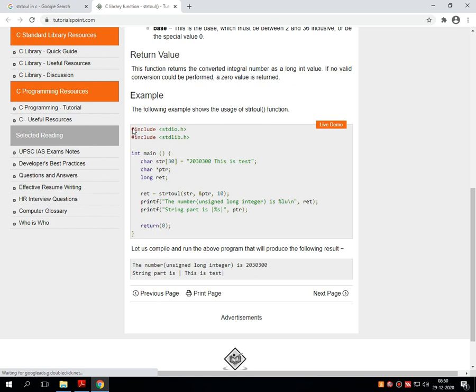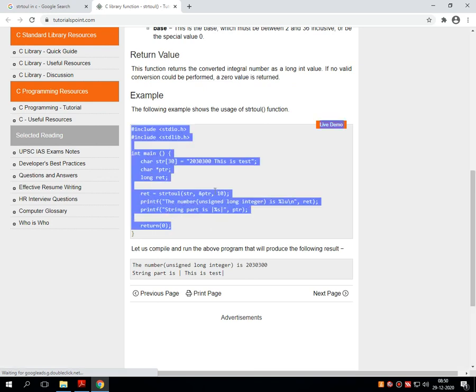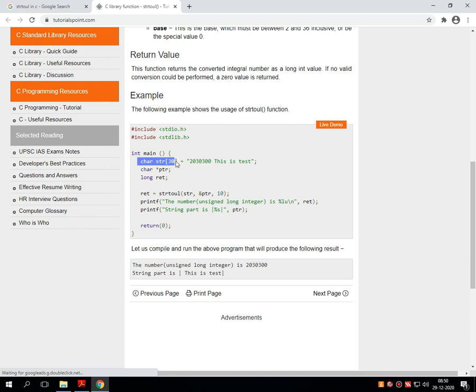We can execute this particular program in this way, where there is a character array. In this character array, I have stored a string like this is the test 2030. This string contains alphabets as well as some digits.